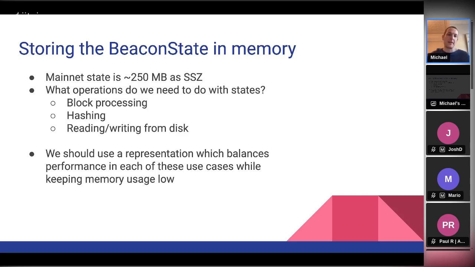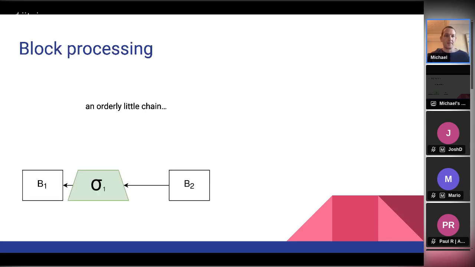But yeah, basically we want to choose a representation that balances these concerns, and we want to keep memory usage low, because we don't want to just throw all this data around in memory and then suddenly the beacon node is using 25 gigabytes of RAM, which still happens sometimes, unfortunately, but usually it's fixable. So yeah, that's the idea. I'm going to go into a bit of detail about block processing specifically, and how this motivated our choice